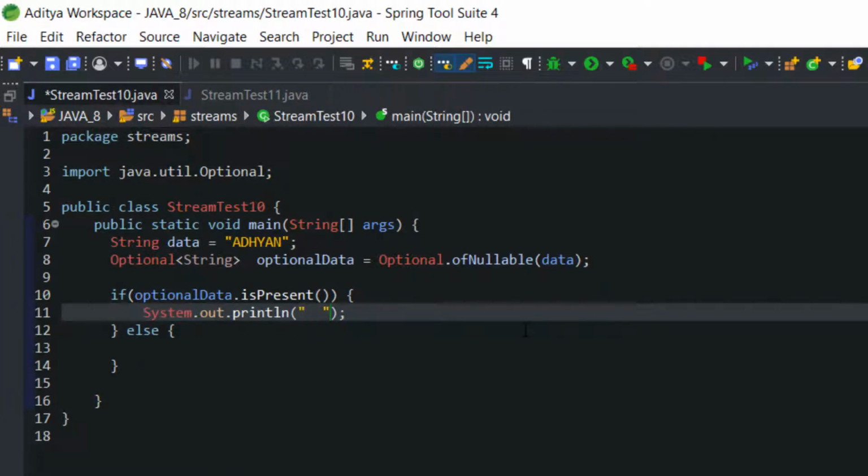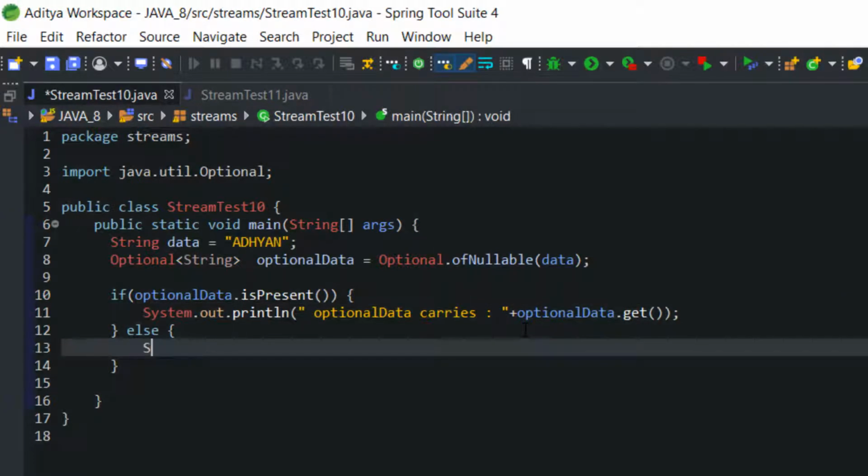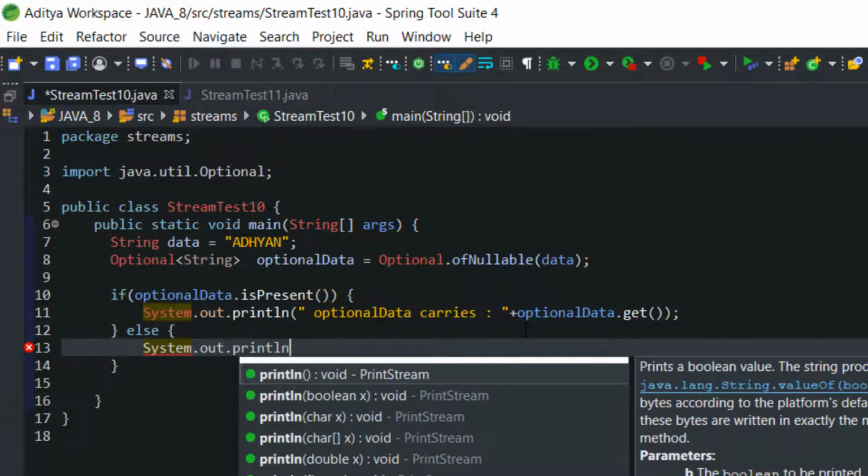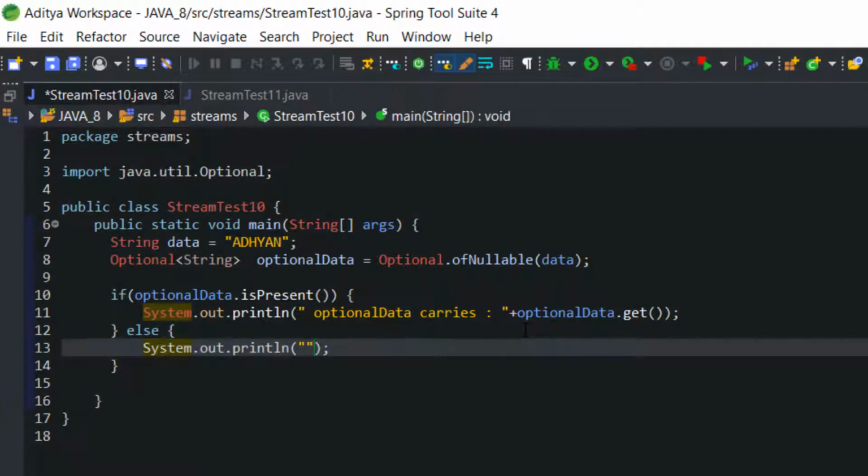Here I am going to write optionalData carries, and then the get method to see what data it is carrying. And here I am going to write another statement, and the statement will be optionalData is empty.